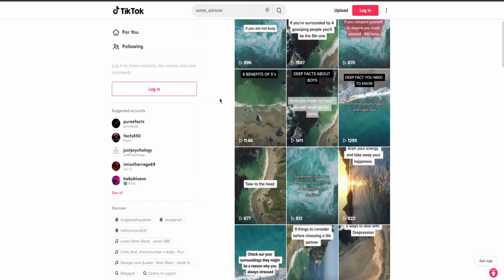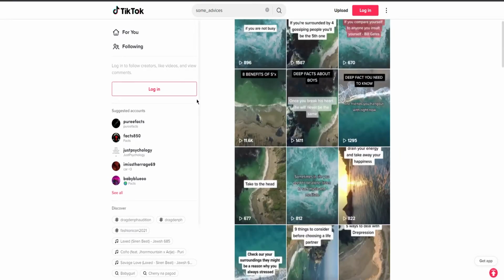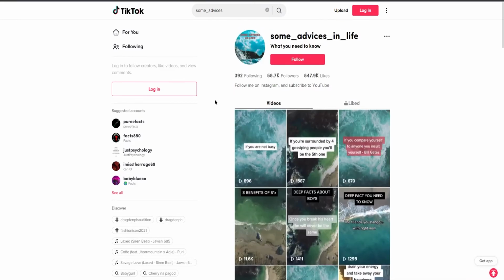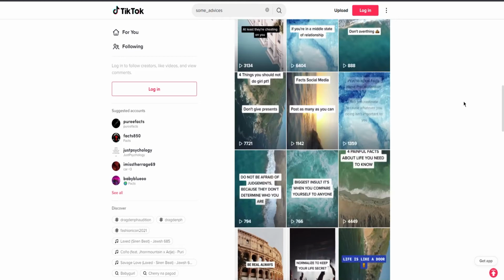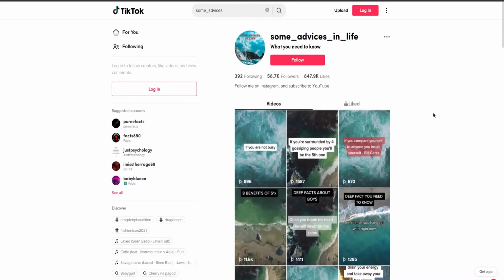Try to grow all these three platforms because people use different platforms. When you come over to TikTok, for example, you can see that people are doing the exact same thing in this niche, and you can do this in any niche. It doesn't matter, guys, and as you can see, TikTok people have got tens of thousands of followers and hundreds of thousands of likes, and all these very simple videos.